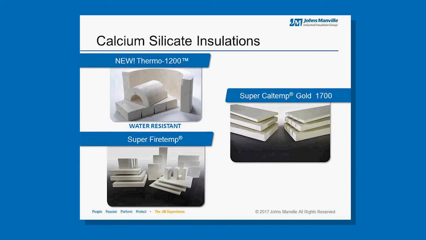Going into calcium silicate, we produce 3 different types of calcium silicate. Thermo 1200 is a new but old product. It replaces our Thermo 12 Gold by adding an additional feature with water resistance and provides a belt and suspenders approach with the corrosion inhibitor we call XOX. This is an opportunity for both corrosion resistance from a water repellency standpoint as well as a chemical corrosion resistance